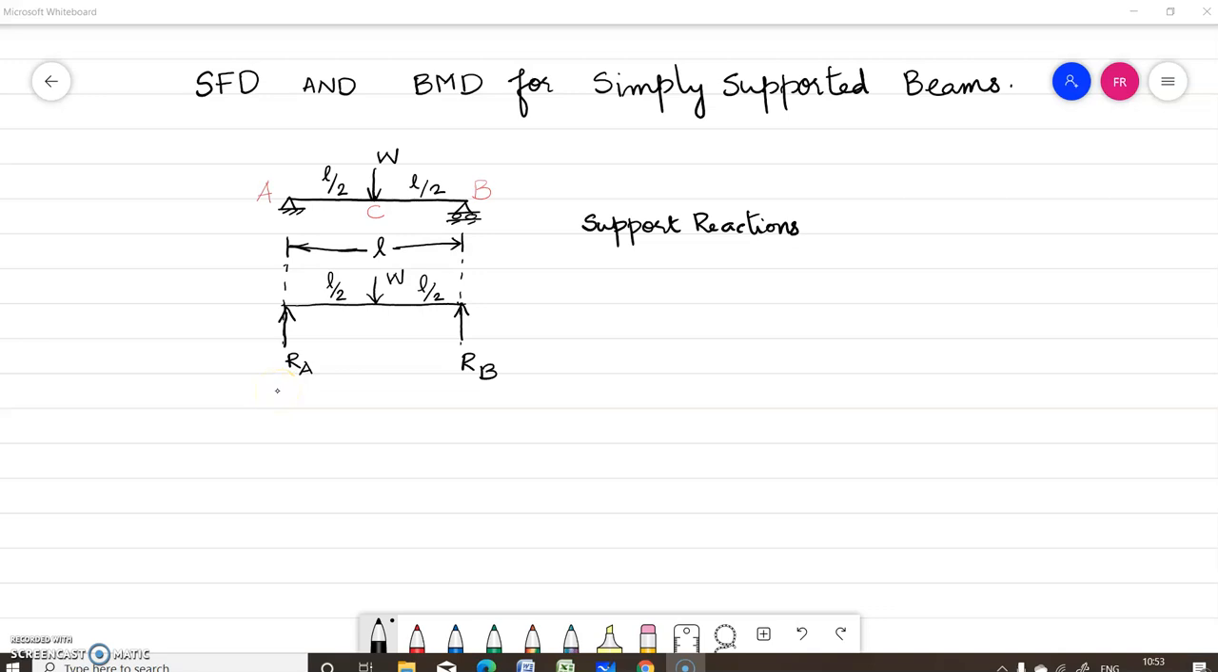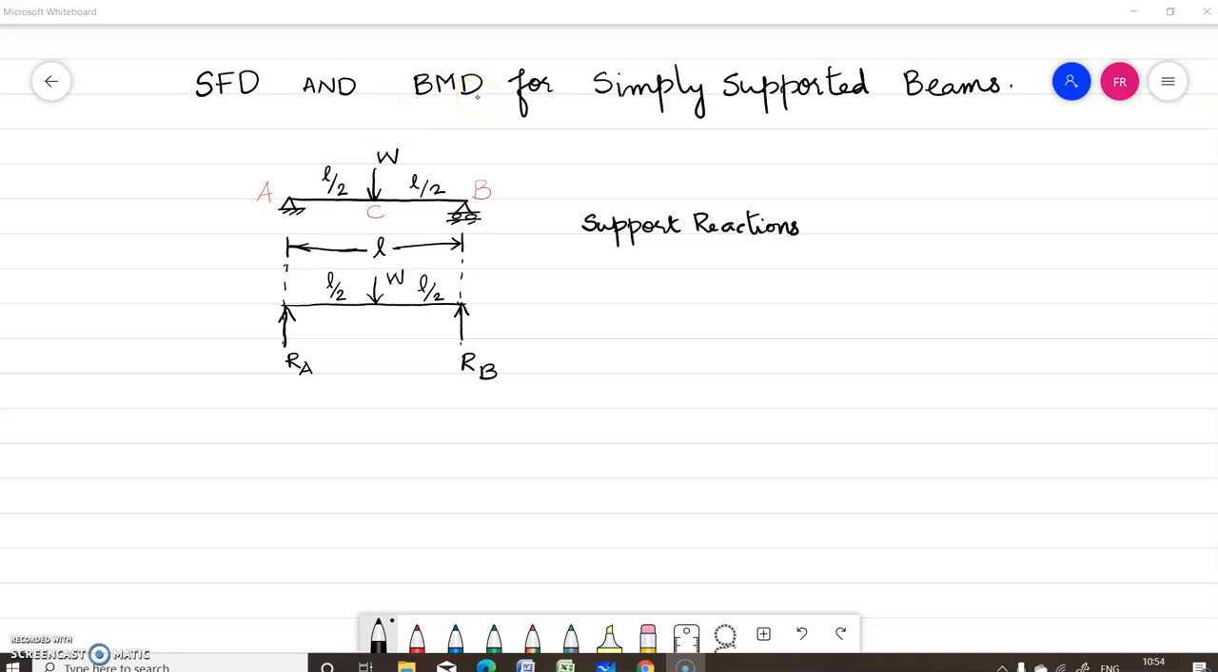Okay students, now we'll study the shear force diagram and bending moment diagram for simply supported beams. Consider this simply supported beam AB subjected to a centrally concentrated load W. That means span AC is L by 2 and span BC is L by 2. First of all, in a simply supported beam, in order to draw the shear force diagram and bending moment diagram,